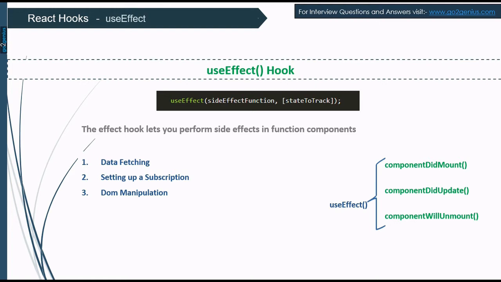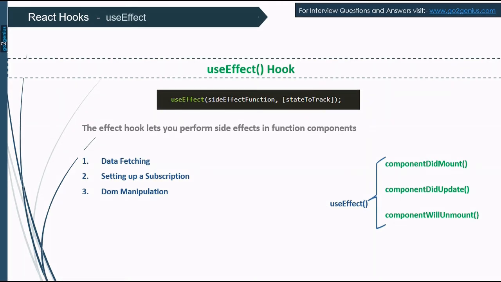If we don't unmount things in our application, then we know it directly affects the performance of the application. That's why it's necessary to unmount the subscription, unmount the state and variables, and other stuff we can do inside the useEffect function. In short, you can say the useEffect hook is the combination of all these three lifecycle methods. So we must remember that whatever you can do inside these three lifecycle methods, you can also do inside the useEffect function.